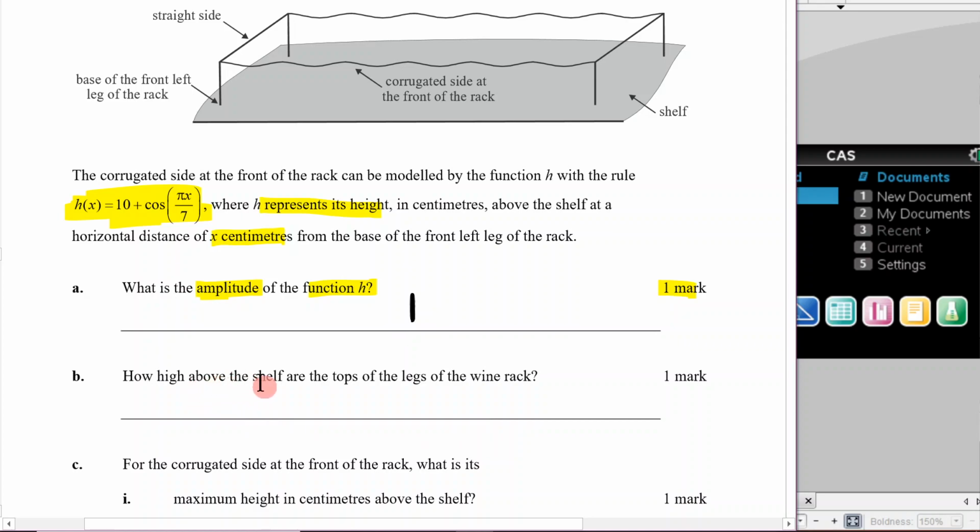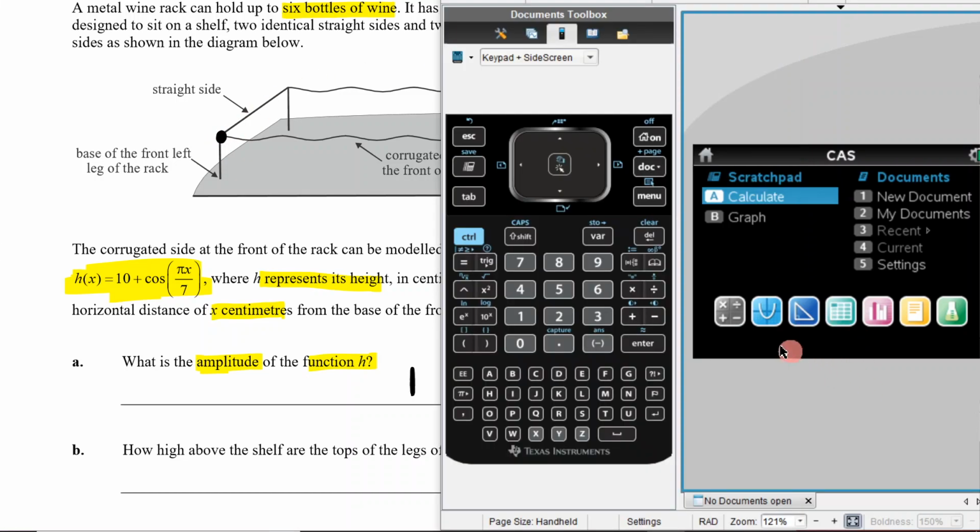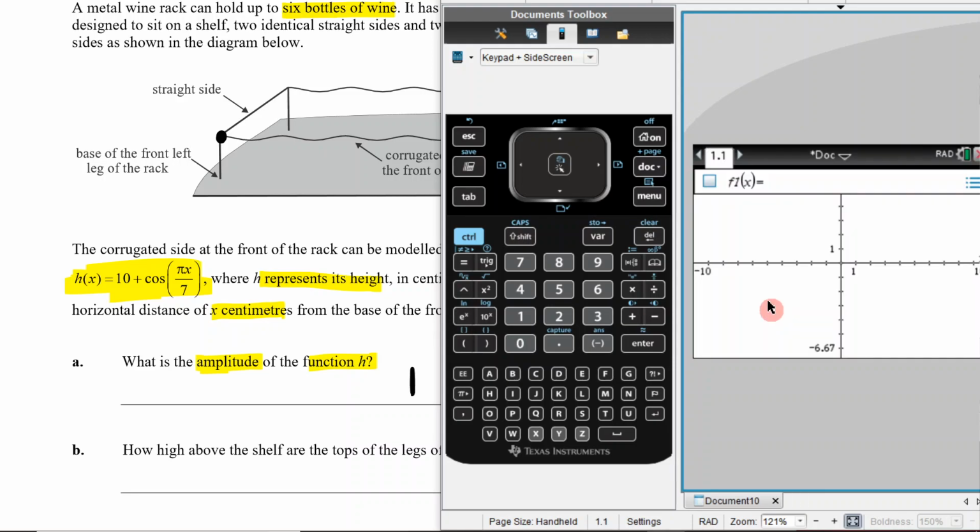Next, how high above the shelf are the tops of the legs on the wine rack? So what I'm trying to figure out is this height right here. To figure that out, I'm going to give this thing a graph. So I'm going to come over here and type in that this is going to be 10 plus